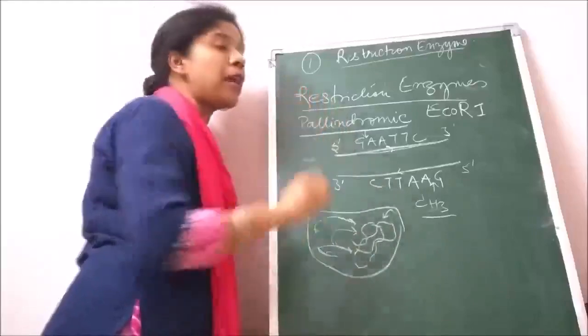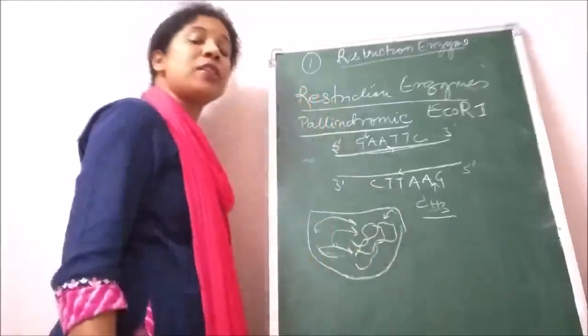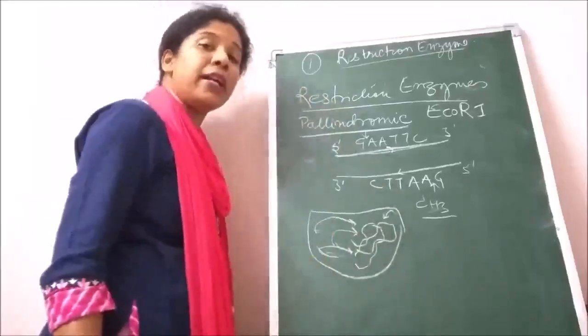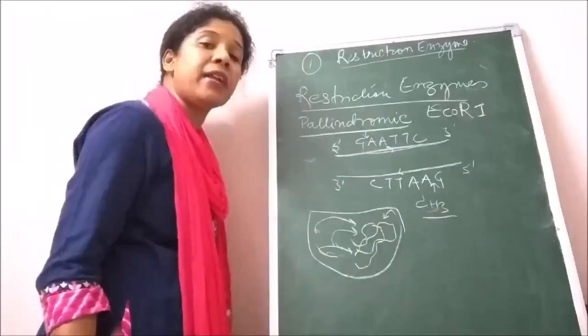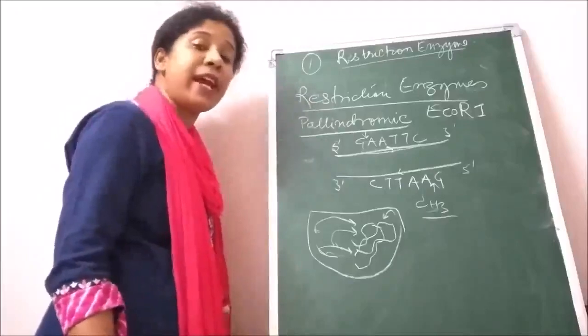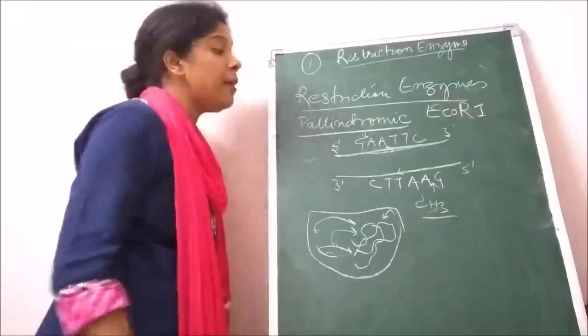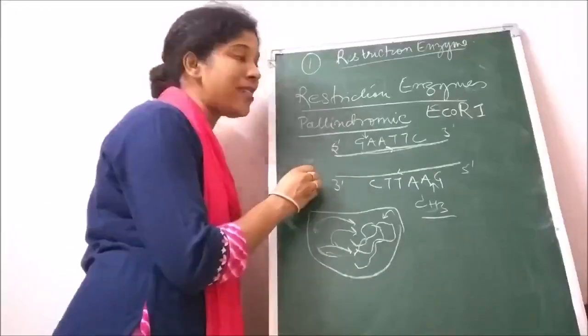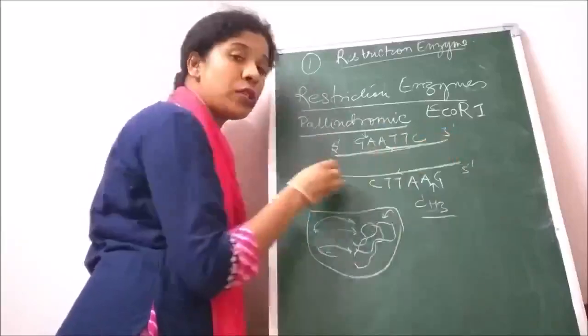Restriction enzymes are called restriction enzymes because they prevent the entry of viral DNA, because they digest the viral DNA at the restriction site. They cut the DNA very specifically at the sites called restriction sites, which are basically palindromic sequences which read the same in the opposite direction.